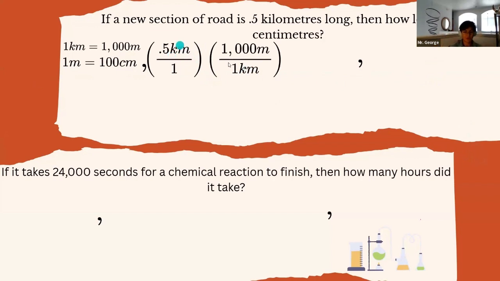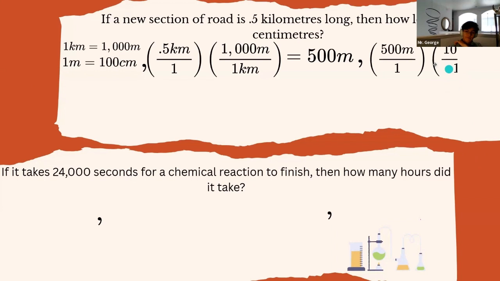Notice how this is a reciprocal, so this is on the bottom. We can cancel out these units, and in order to reach the 1,000 meters, right? So that's going to be that. And we multiply them, and it's going to be 5,500 meters, but it's not asking for meters, right? It's asking for